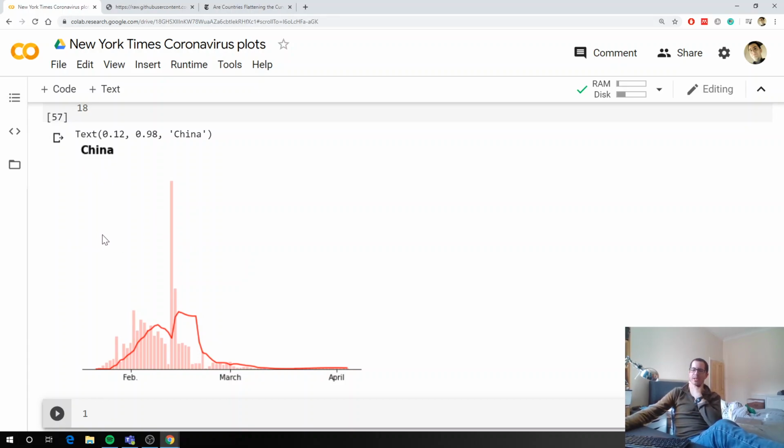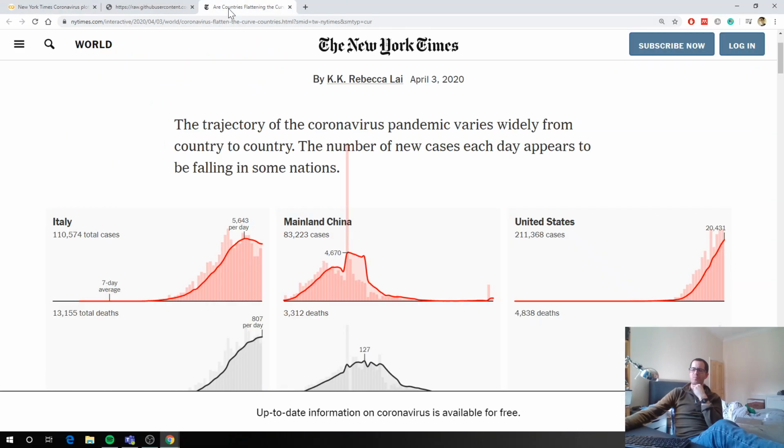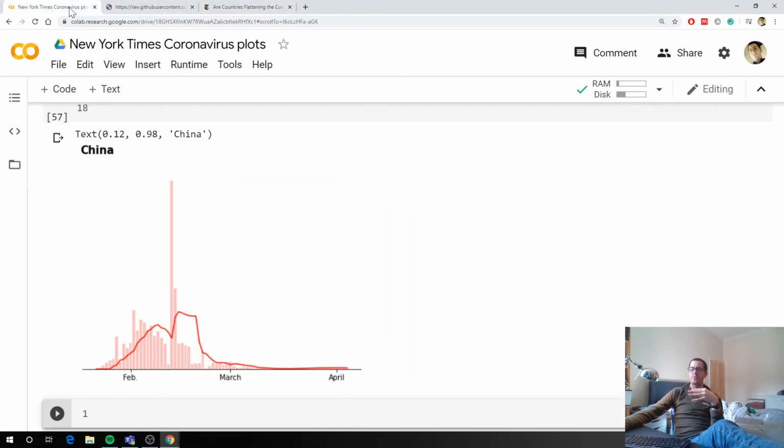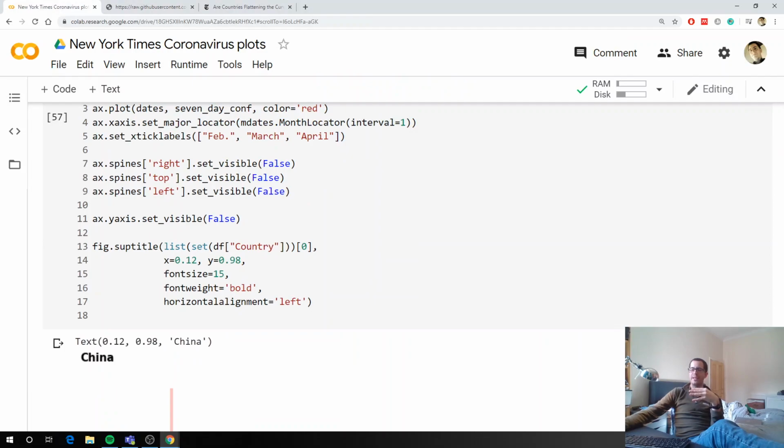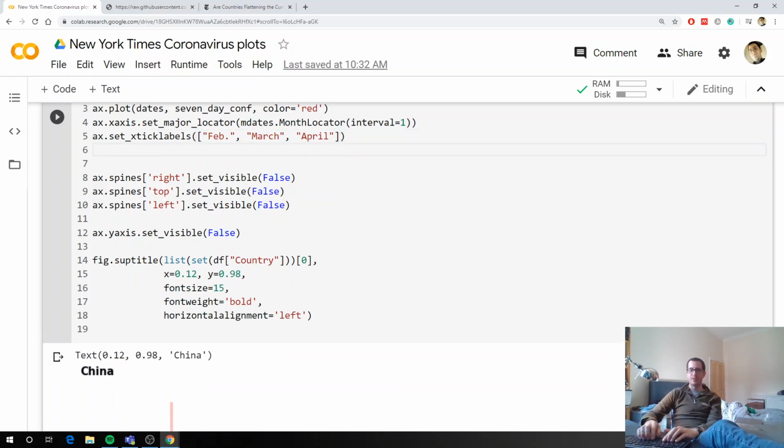That's great. Oh, okay, the other thing I really want here is the number of confirmed cases as a subheading on the top there. So to do that here, rather than call in the figure title, I'm actually going to set a title on the component axis, right? So to do that, I'm going to do ax.set_title,